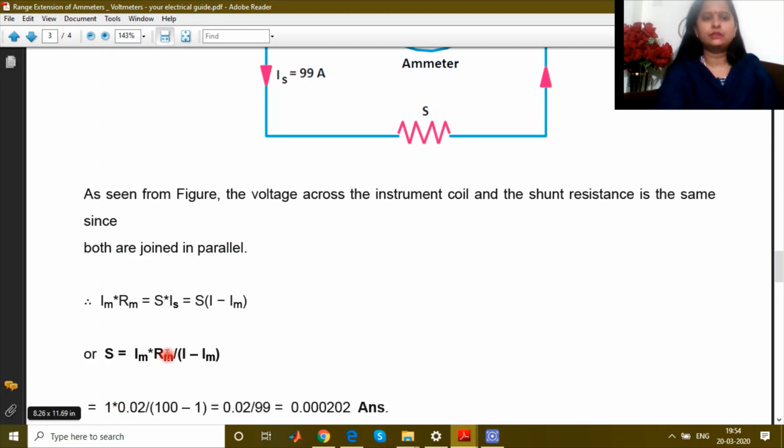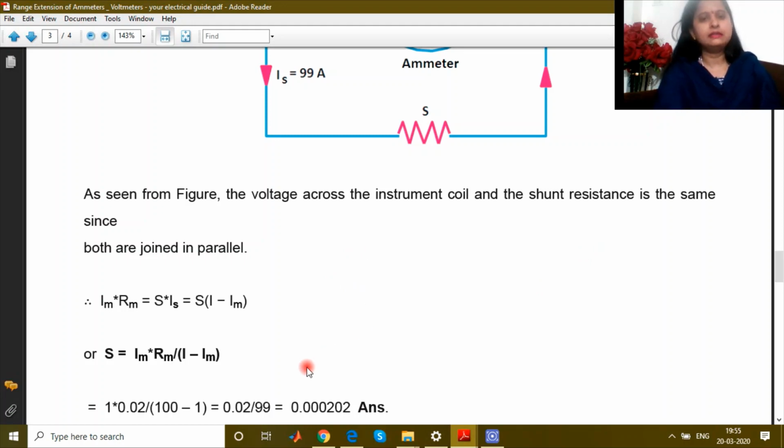We know the value of Rm, that is 0.02 ohm. We know the value of I, that is 100 ampere. We know the value of Im, that is 1 ampere, right? So here we found out the value of S, that is 0.000202 ohm. It means that if this value of resistance is connected in parallel to the given ammeter,